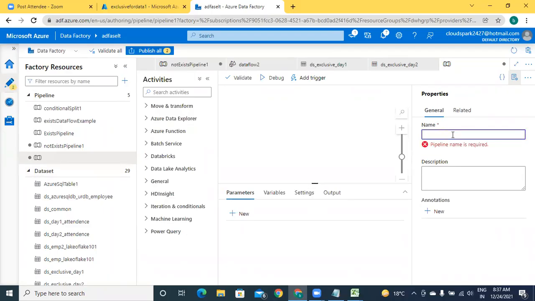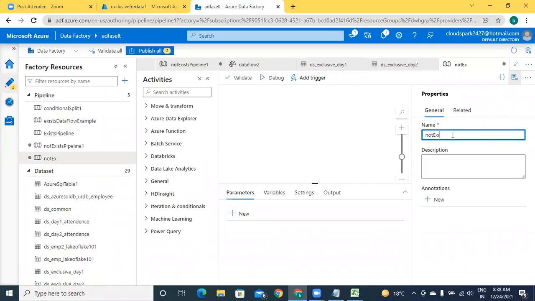The pipeline name I'm giving as not exists pipeline. That means